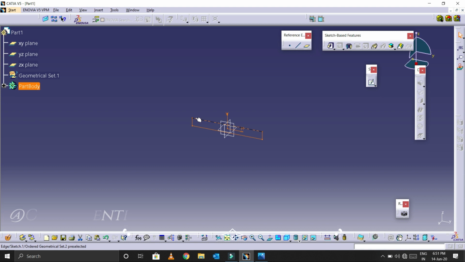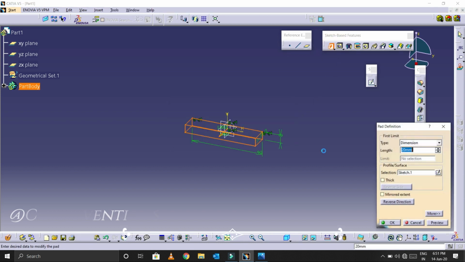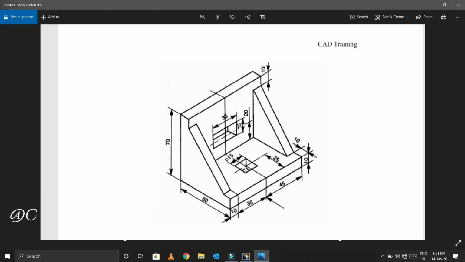Now I need to add some mass. Up to how much? First select the pad command and give OK. One thing we need to observe here: I have started the sketch in the middle of the sketch I have drawn, and I have taken that point as my origin point. So the total length is 60. I am dividing this into two parts, 30 and 30. Yes, this is the point where we started the sketch and the total is 60. Now I am in this position. I need to give 30 here and 30 on the other side, so the total will become 60.